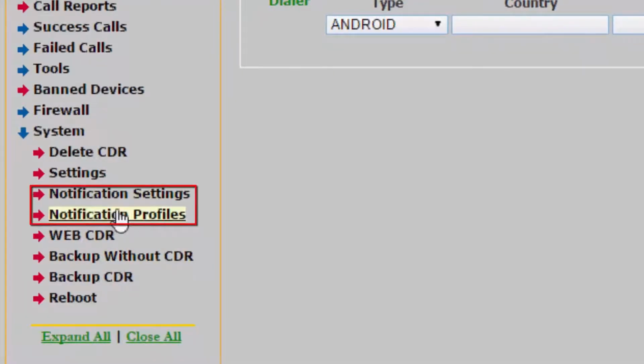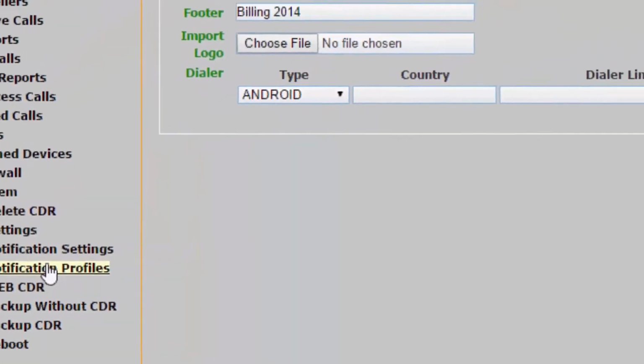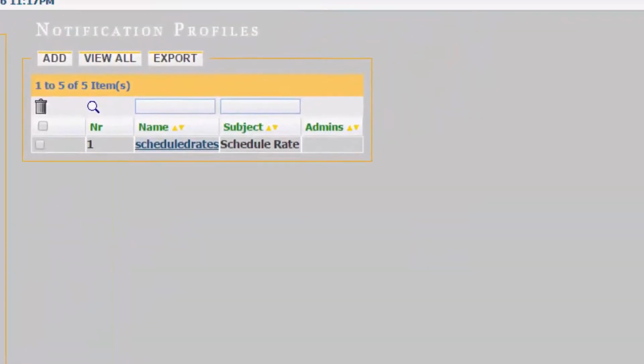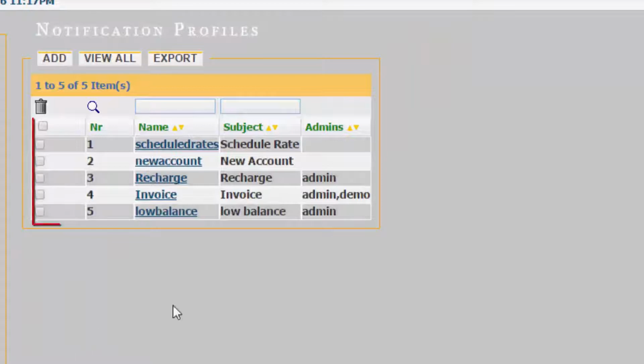Now we will see the notification profile and notification setting. From notification profile, here we are seeing many notifications. We can add a new notification by clicking the add button.